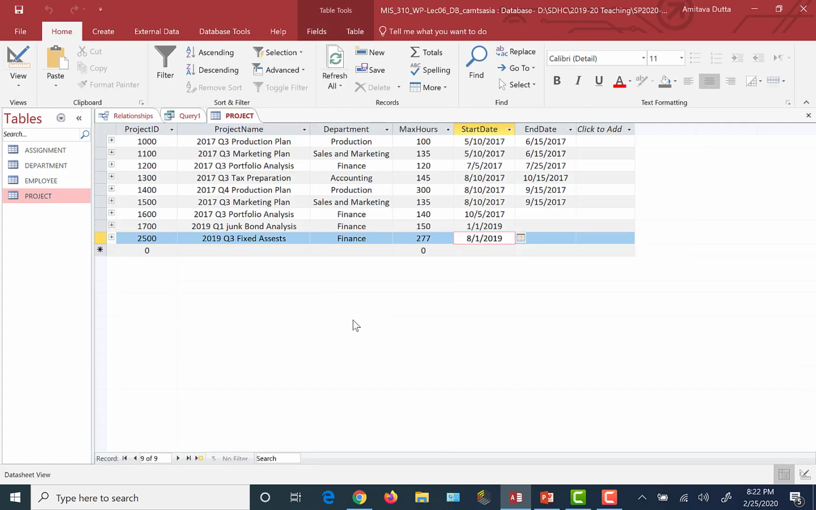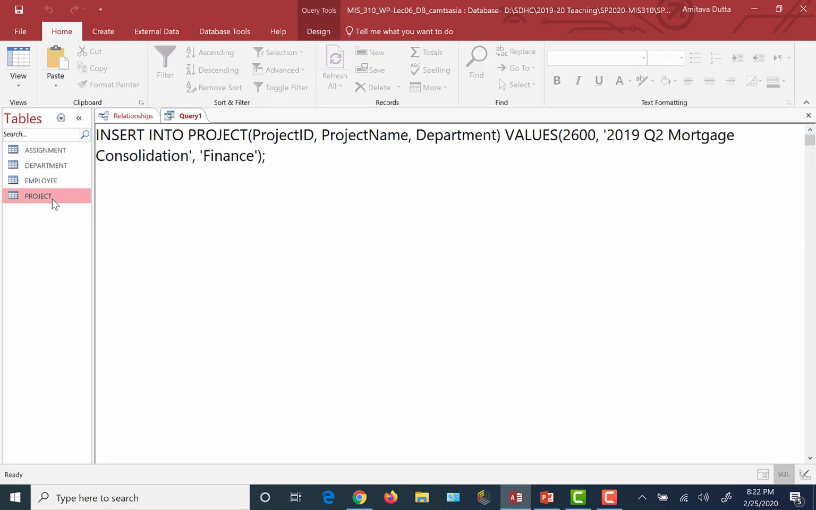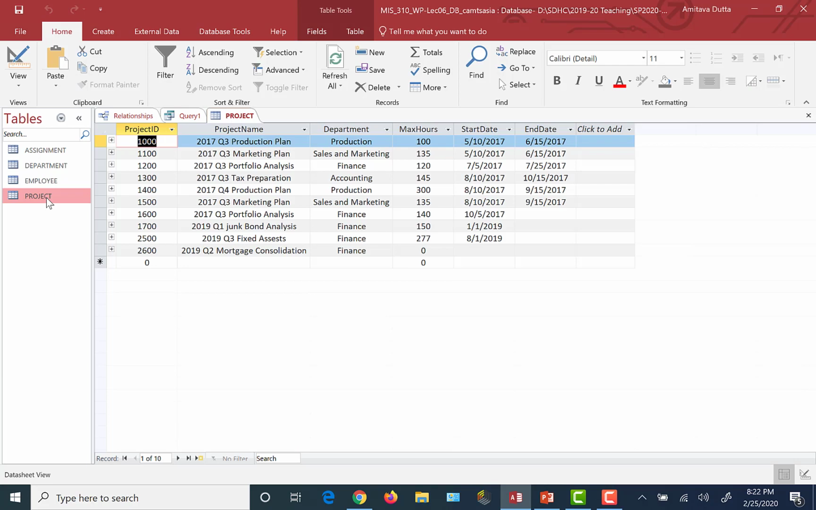And once again, when I look at the project, it seems like project 2600 has not been added, but that's not the case. I simply close this image of the project and I open it again. So then the information gets pulled back from secondary storage. So here you have project 2600 added, and notice that the last 3 columns have no values